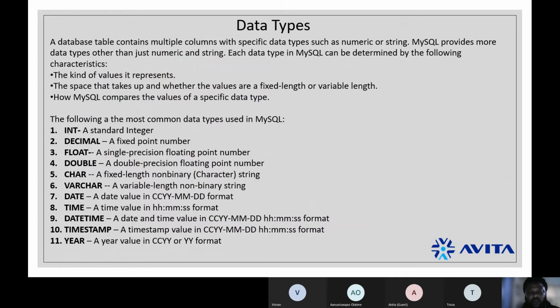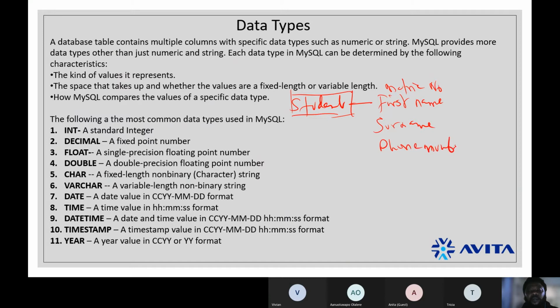So take, for example, we're going to use an example like we used yesterday. We had an example called students as our data point, as our entity yesterday, and we started generating attributes for it. So we say the student must have a first name, must have a matric number, right? Must have a surname, must have a phone number, right?